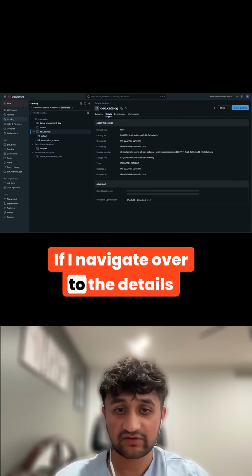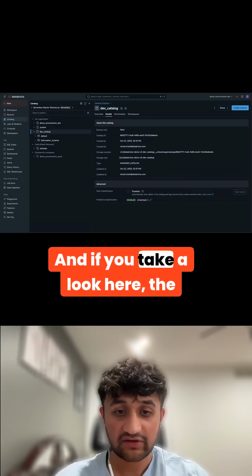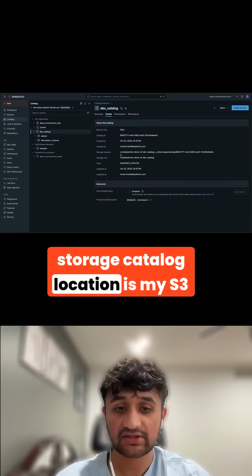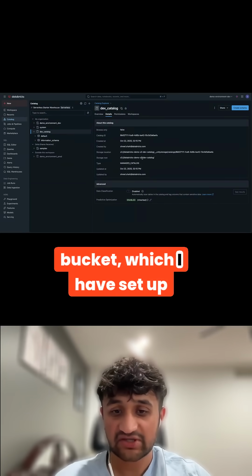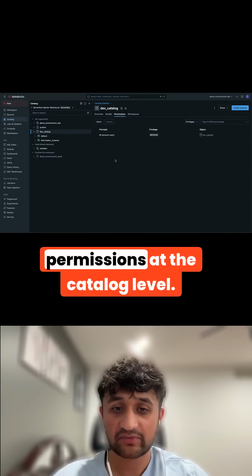If I navigate over to the details tab, we can take a look at the storage location for this dev catalog. And if you take a look here, the storage catalog location is my S3 bucket, which I have set up already. If I navigate over to the permissions tab, this is where I can delegate permissions at the catalog